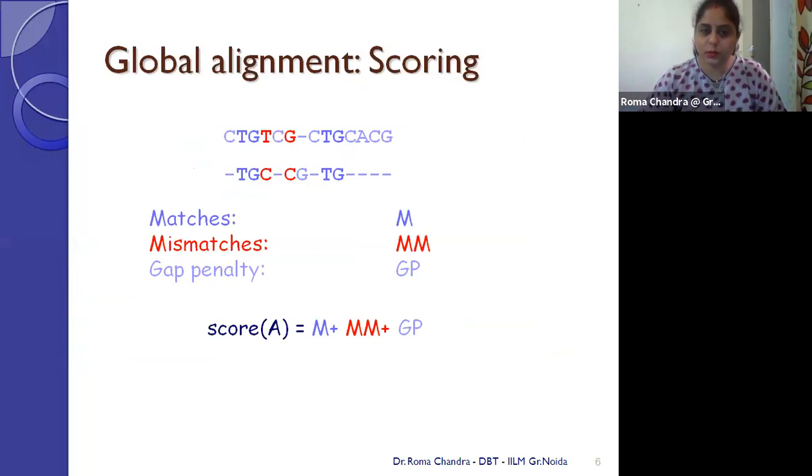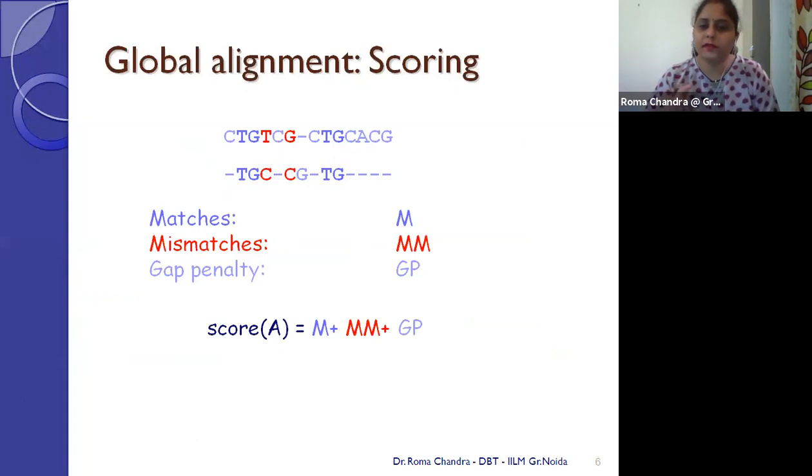So these two sequences which you can see here, both these sequences are already aligned. I had given you an example of sequences which are already aligned. How to align, I will let you know in further slides, but here you can see both are aligned. How you can recognize it, because you can see there are dashes here. These dashes are representing the gaps.